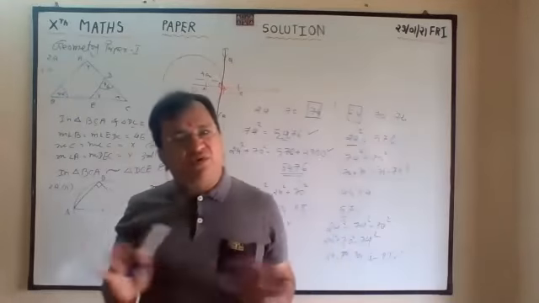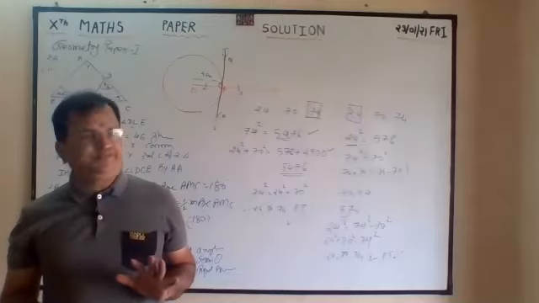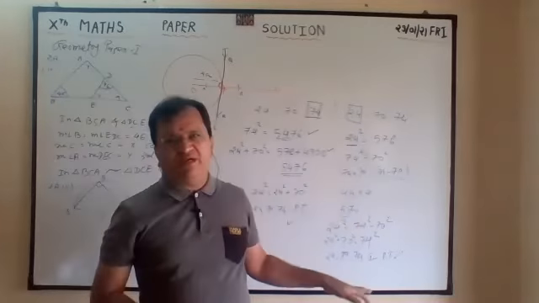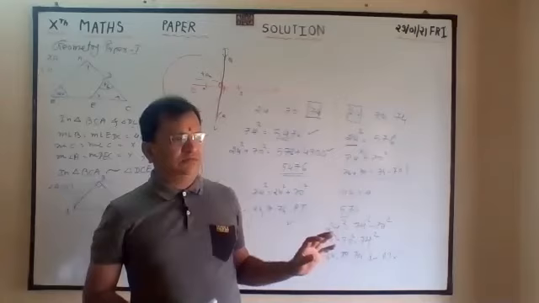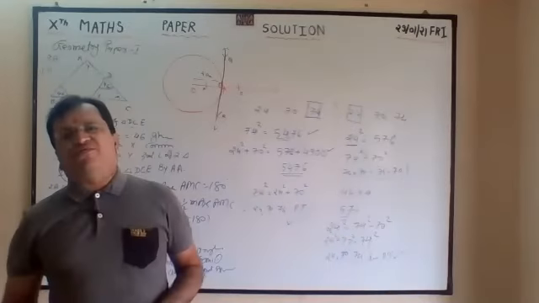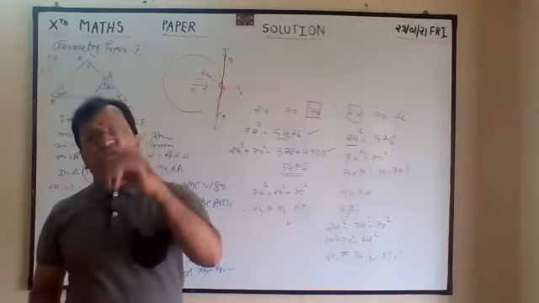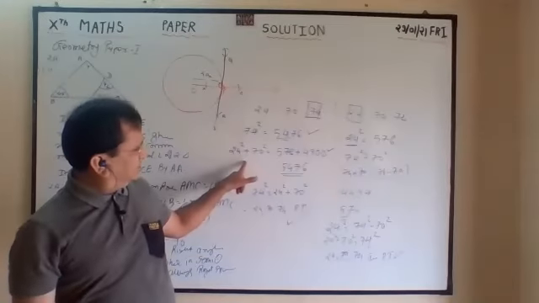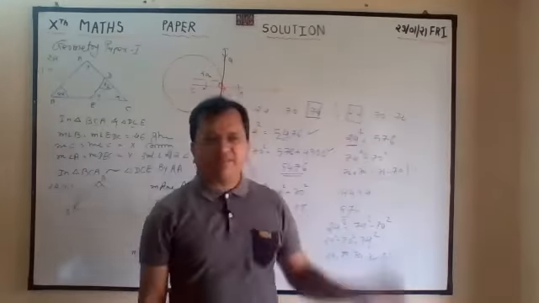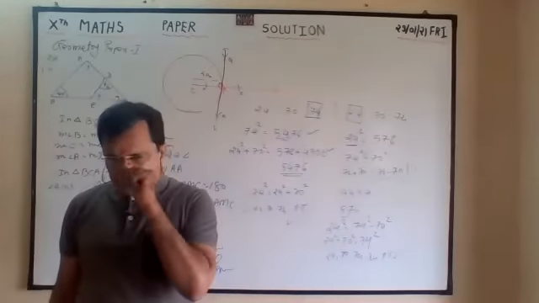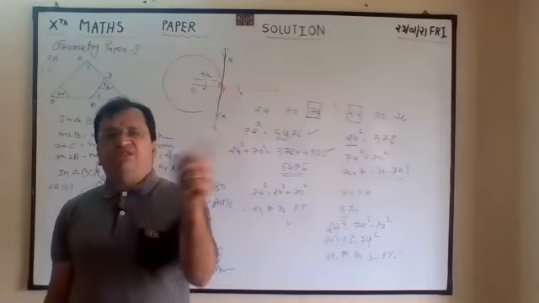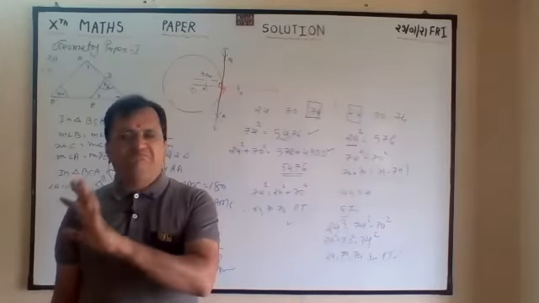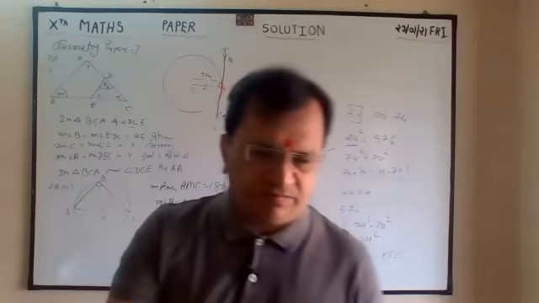See the difference in both methods. This one is simpler, with less calculation; fewer squares you have to find. Here, all the squares you have to find, because for plus there is no formula. For minus, there is a formula: a square minus b square is equal to (a plus b)(a minus b). And for a square plus b square, you have to find the square of both.